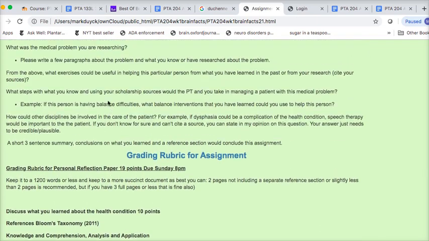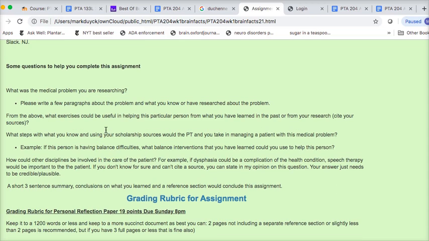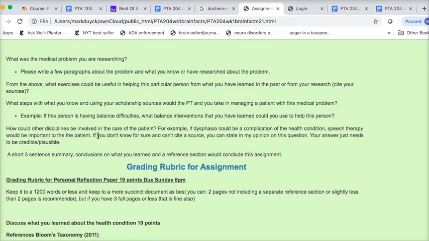And so I had some examples up here too of how you would use scholarship sources to guide you into PT. So this is not opinion-based. This would be more opinion-based. How could other disciplines be involved in the care of the patient? How could exercise be helpful in this particular person? Cite your sources if you use something specific, but you can use some